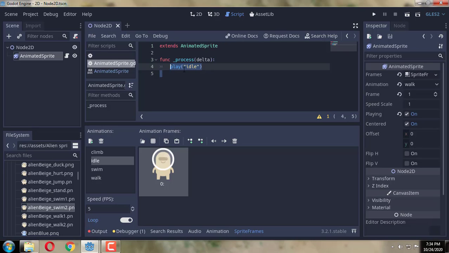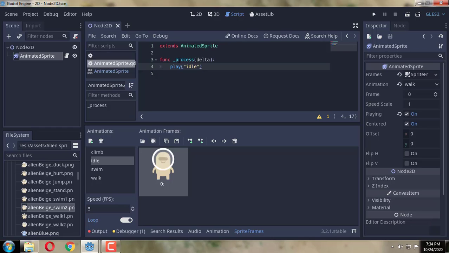Then let's think we want to play this through keyboard inputs. So what should we do to play with keyboard inputs? We should use something called an if statement to check keyboard inputs, and to apply them you should write inside of the if statement. Oh, I should also tell you